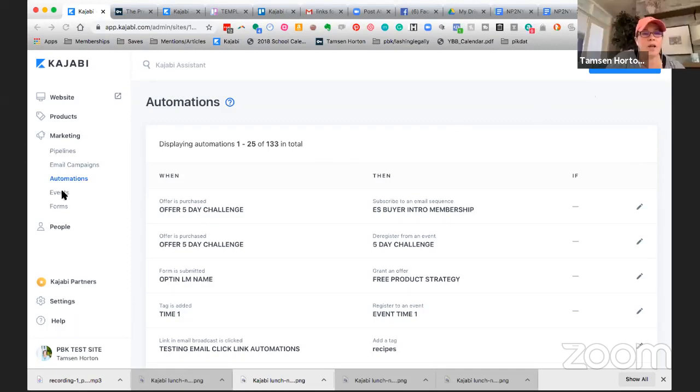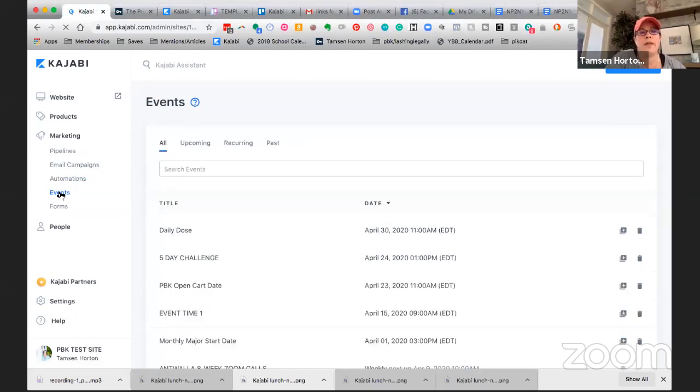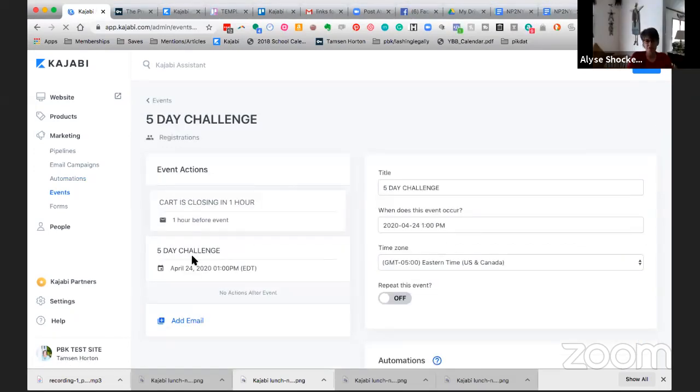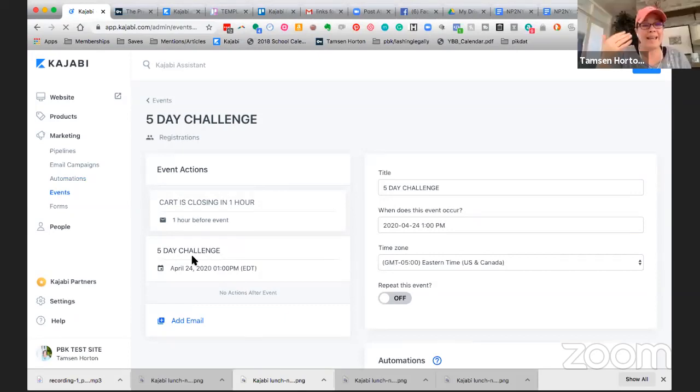And just so you don't confuse yourself, they don't call it email sequences when it is on the event tab. They are emails that send based on the event. You can say, you know what, I'm not really going to have any emails associated with my event.